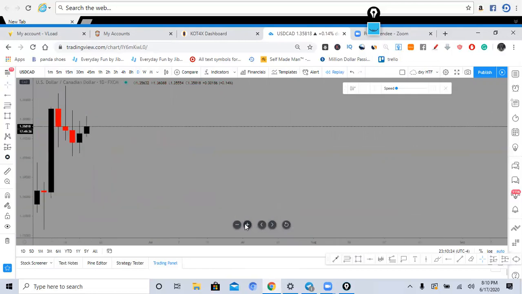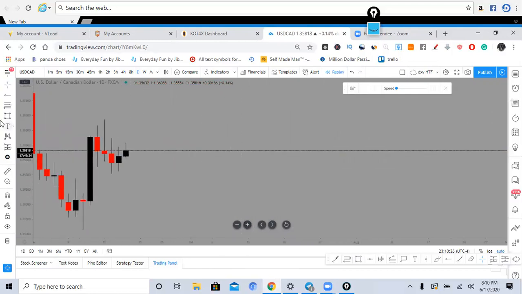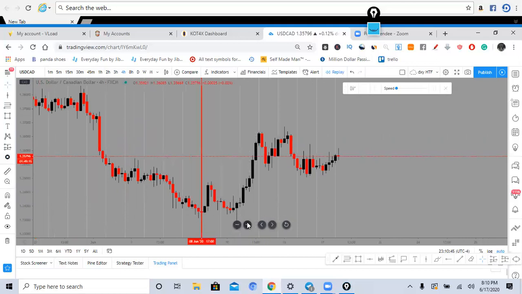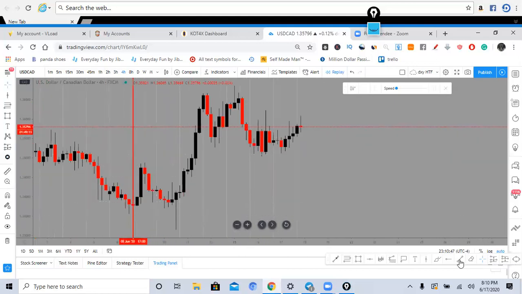So we had a sell to buy already. I like to mark mine off like this. It's so much easier and cleaner than using the box. I just use the line. I mark off the candle that completed the sell to buy. Then when I go down to my 4-hour chart, it makes it easy for me to know all of these could be potential levels, like this 4-hour order block,